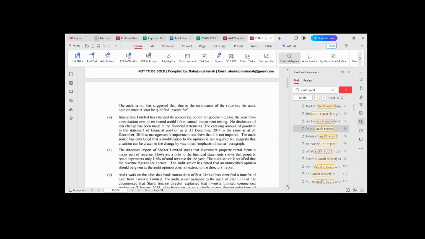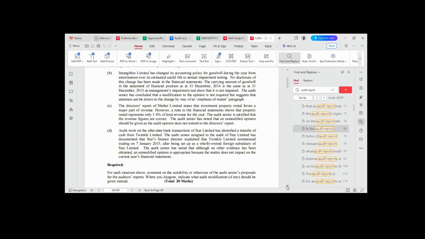The audit senior has noted that an unmodified opinion should be given as the audit opinion does not extend to the directors' report. Remember, I've talked about the other areas of the audit report that the auditor needs to look at. I looked at that also last time, in the last class. The next one,